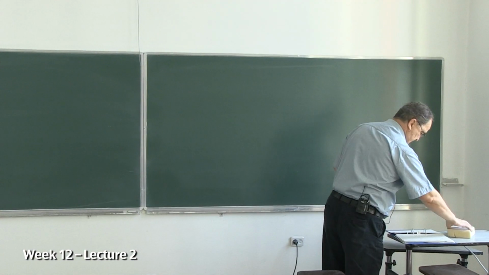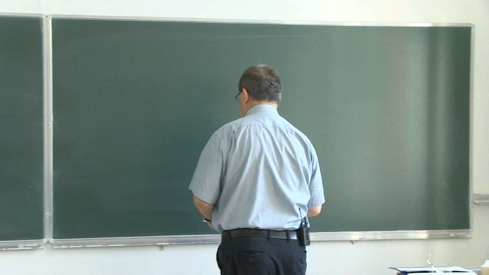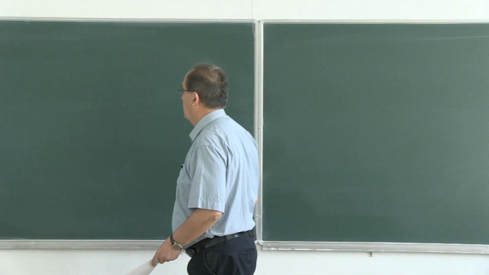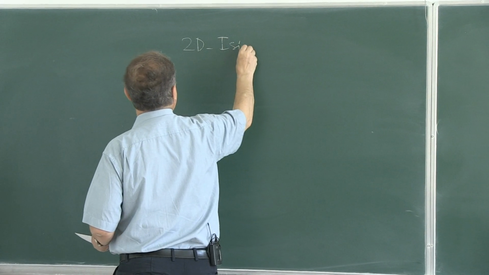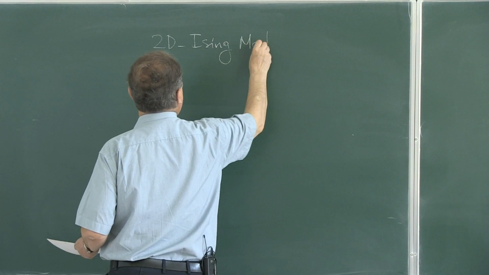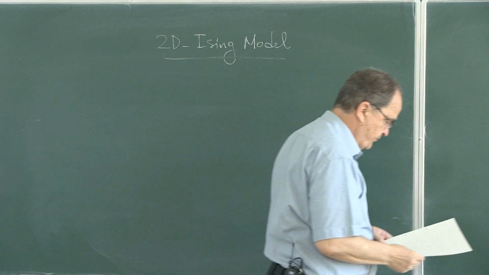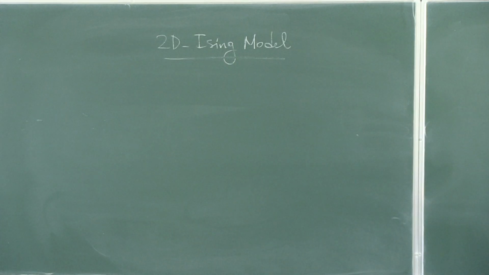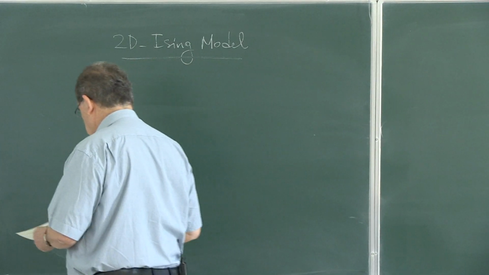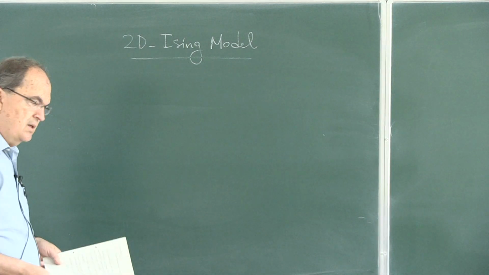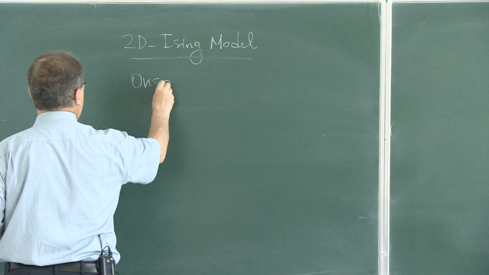Okay, let's go to the two-dimensional Ising model and summarize. As I told you, this one, contrary to the one-dimensional case, has a phase transition, and there is an analytic expression for Tc, the critical temperature, solved by Onsager,